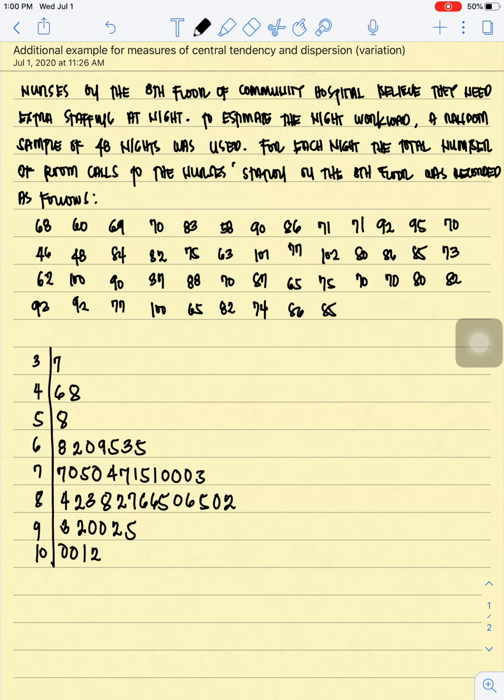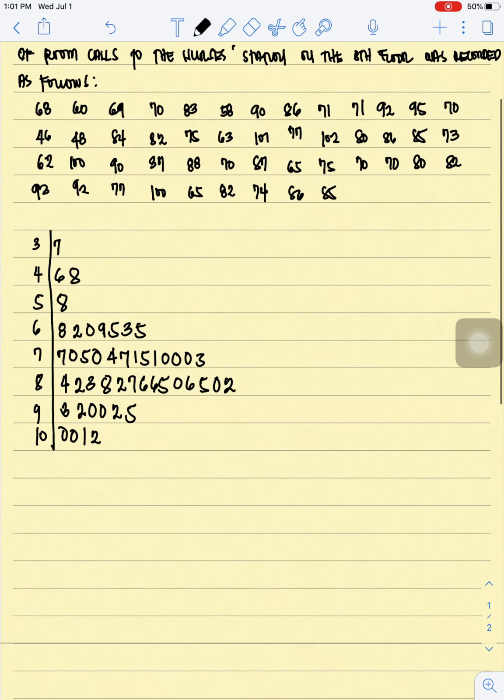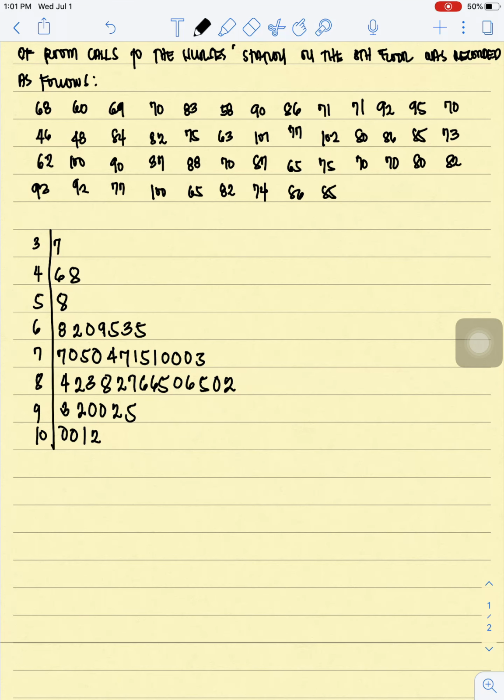So we have there our stem and leaf display. It is much easier to arrange our data in order. Next, let me change the color of my pen. So we have here 37, then we have 46, then 48, then 58, then we have 60, then we have 62,